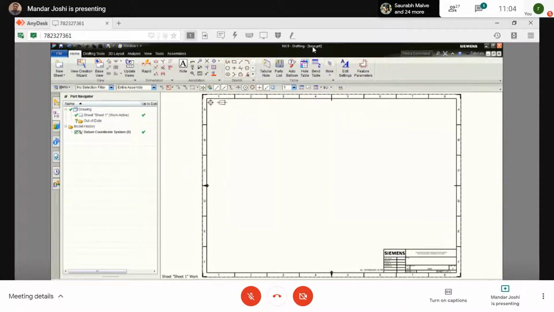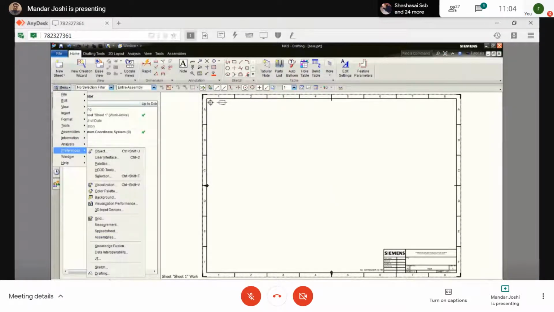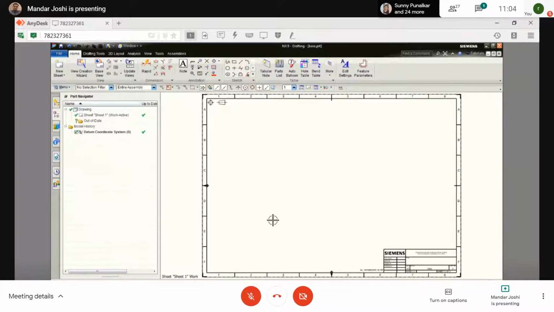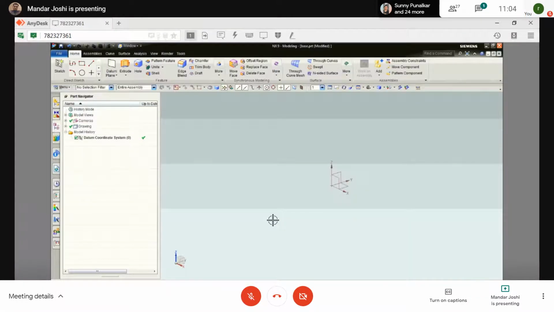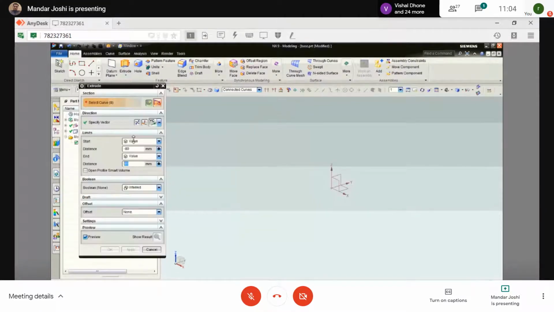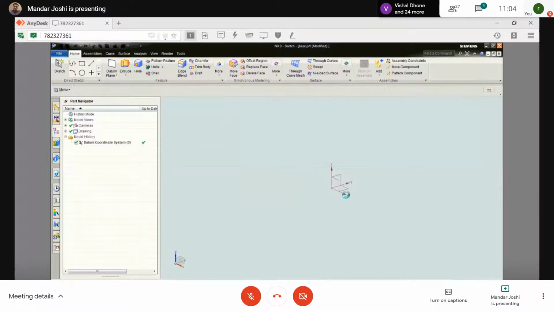So what is the benefit of this? No need to do every setting again, because I use the functionality of save as. After that you press the M key or you go to the model and start to create the model, whatever it is. You can see this effect here. When you go to this extrude, suppose I am creating this profile here.